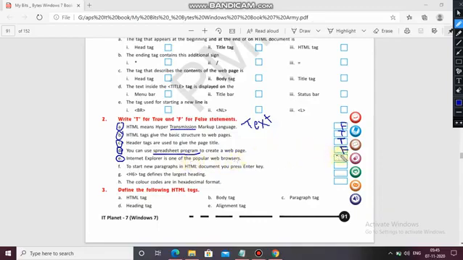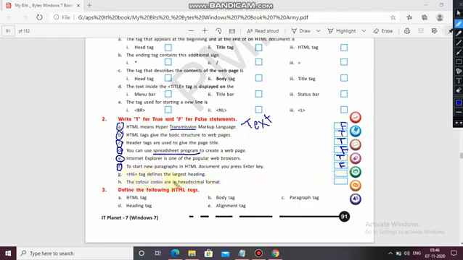Yes, true. To start a new paragraph in an HTML document, you press the Enter key. Do we press the Enter key? No. We are using a P tag. So it's also false. With the P tag, we start a new paragraph.